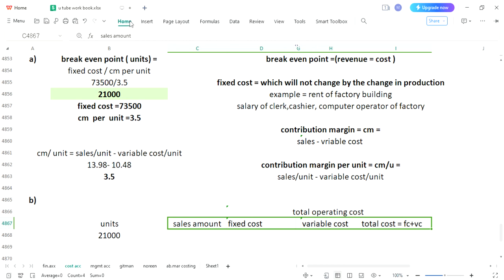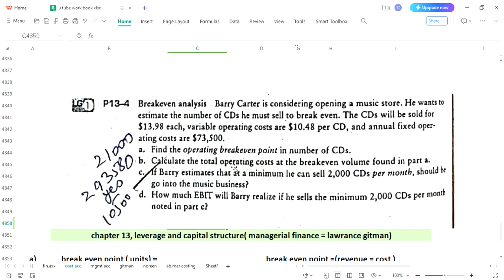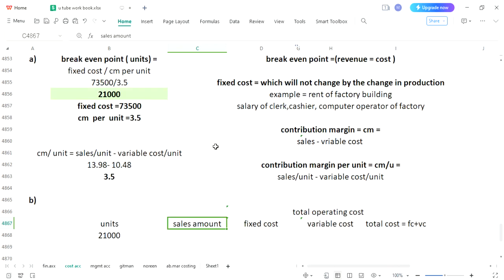It means your fixed cost, which was mentioned in your question, 73,500, whether you are working for 21,000, for 10,000 or for 25,000, this cost will remain the same. And this has been mentioned in your question,